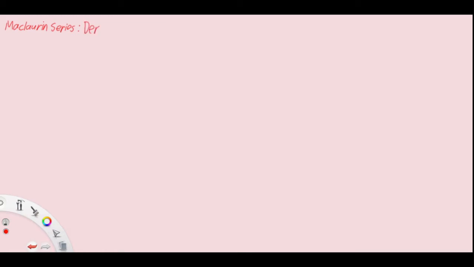In our first technique for Maclaurin series, we have the derivatives. If you look at the MF26, you notice that we can approximate any function using our derivatives. In the MF26, you'll see that f(x) can be approximated to f(0) plus first derivative at 0 times x, plus f double prime 0 over 2 factorial times x squared, plus f triple prime 0 divided by 3 factorial x cubed, plus